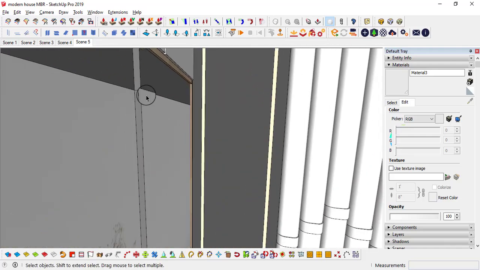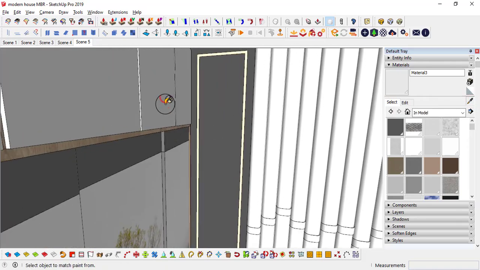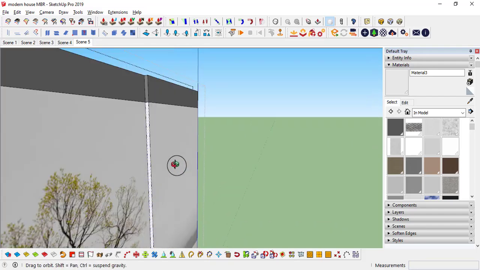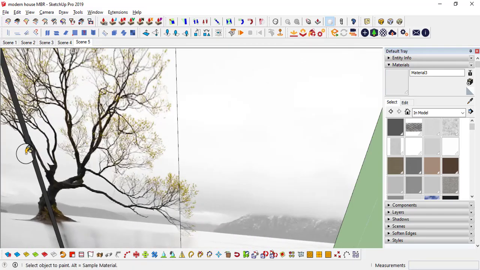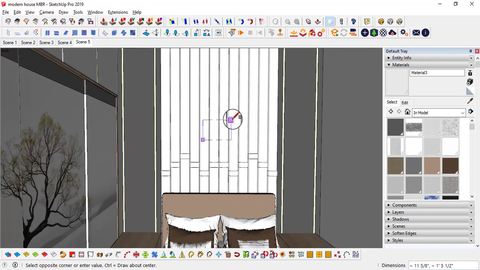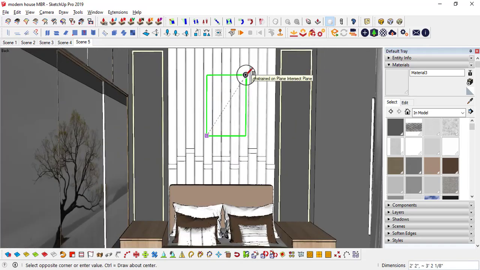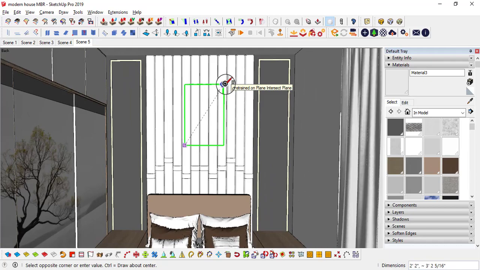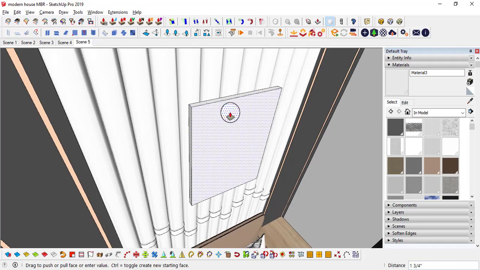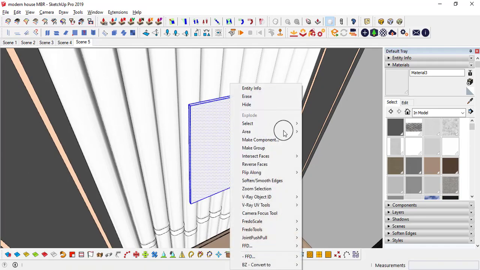And here if you observe, I'm going to do one more thing. On the sides, here it is going to be white. It is getting white, right? That's why. And that's it. Next step, I am going to make the photo frame. Probably I will use a rectangle, green color axis, pick, left side arrow mark, and how much? 2.5 feet, 3 feet. It's a big photo frame. I can adjust these values later, but right now I'm going to pull it 1 inch, make it a group.